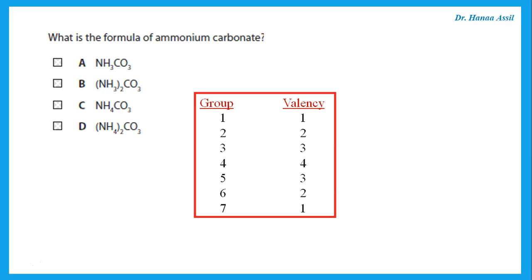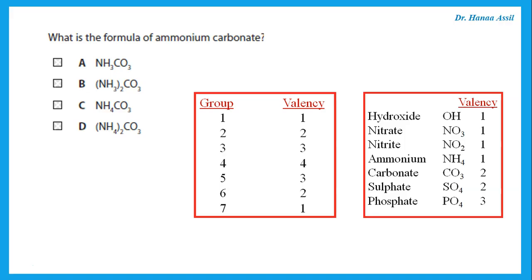Anything in group 6 needs 2 more electrons to have a full outer shell, so its valency is 2. Anything in group 7 has 7 electrons in its outer shell, so it needs 1, so its valency is 1. And then we said there are some things you cannot get from the periodic table. So hydroxide, nitrate, nitrite, ammonium, carbonate, sulfate, phosphate, all of these you have to learn their